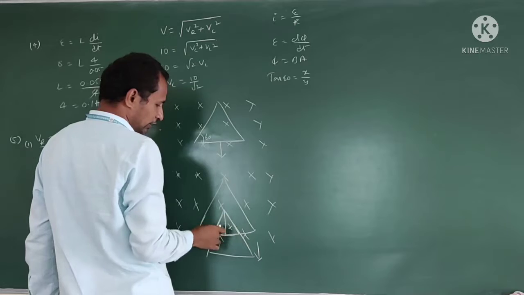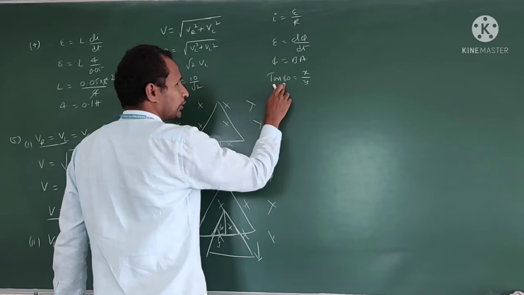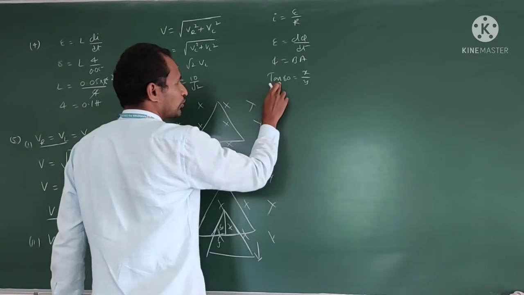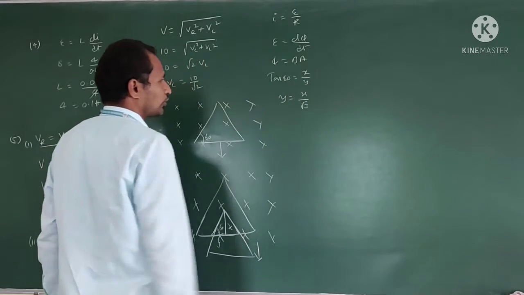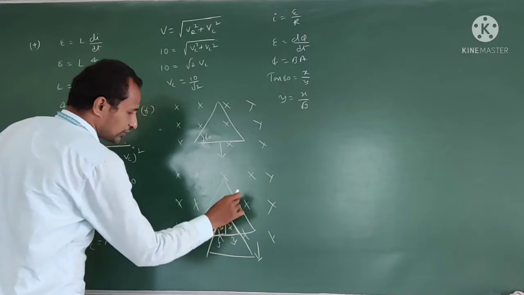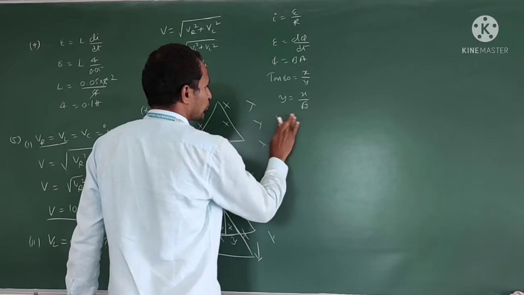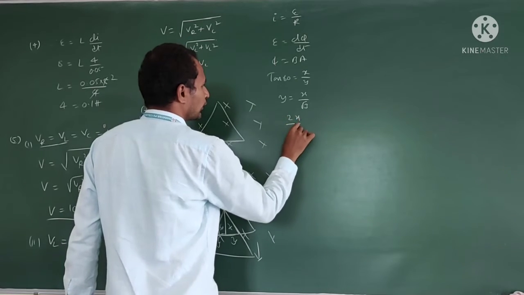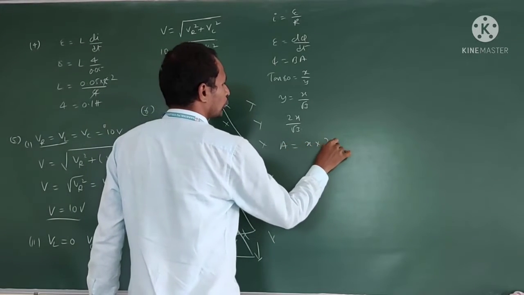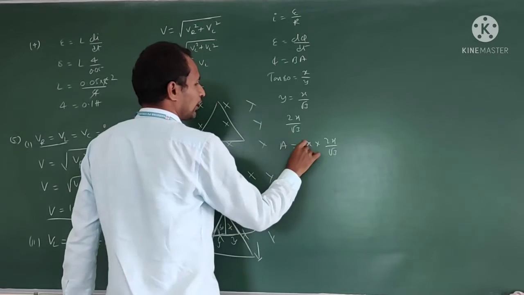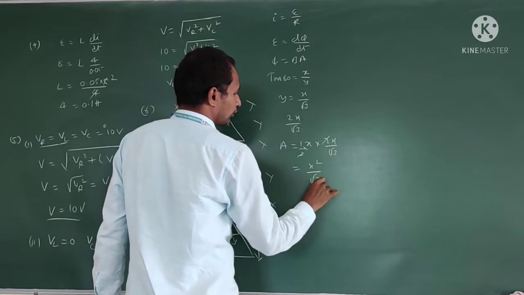Adjacent side we require, right? So tan 60 is what? Tan 60 is sin 60, root 3 by 2, over cos 60, 1 by 2. So this is root 3. Yes or no? So then y is equal to x by root 3. And here this distance is also y. Total length is what? 2y, so this you can write as 2x by root 3. Then the area A is half into base into height, which is x into 2x by root 3. So 2 cancels, and A is x square by root 3.